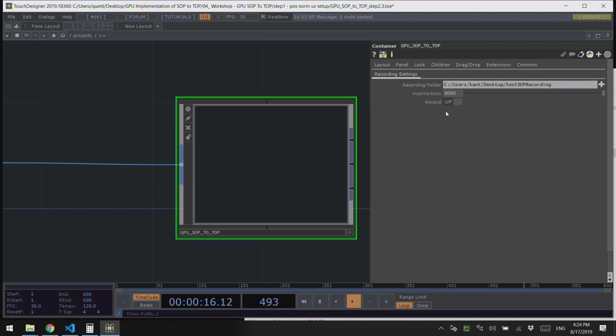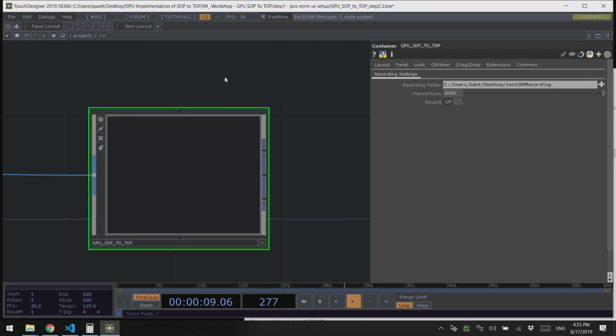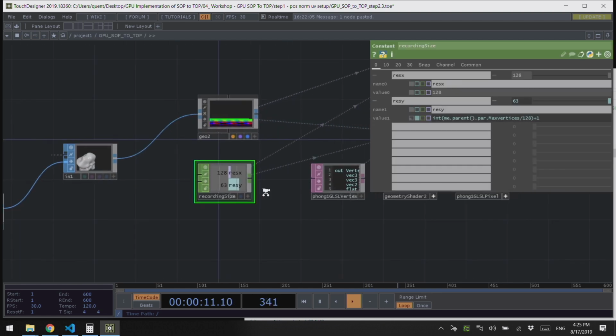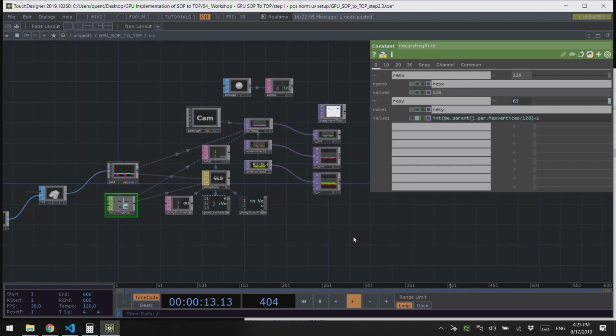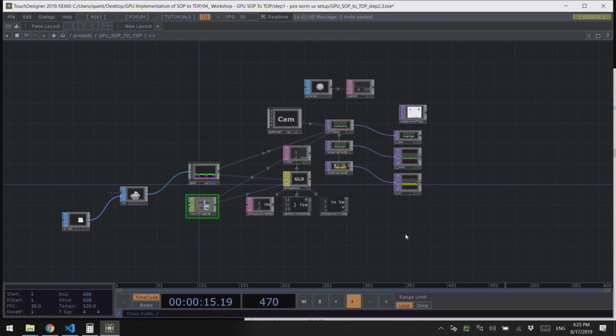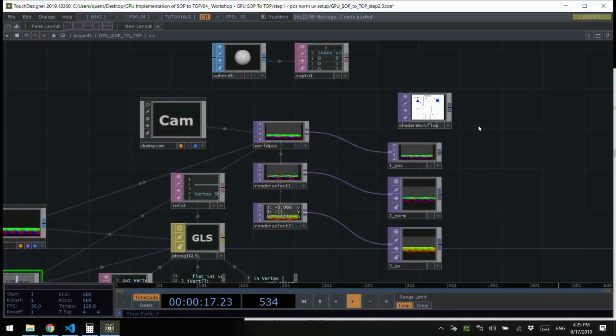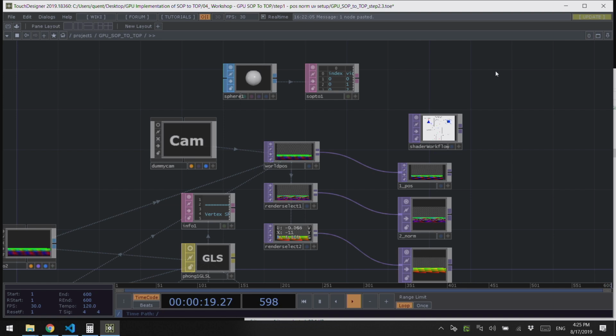Ignore those other elements here, but it's a max vertices, so 8,000, and we can push it to whatever. It's just going to change the resolution of the render. So that's it for the first step. You can save,